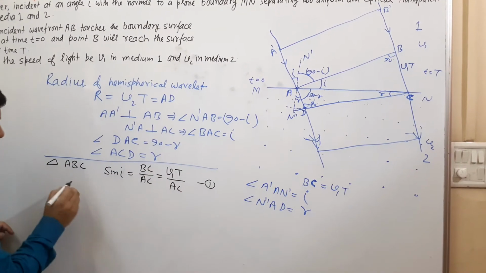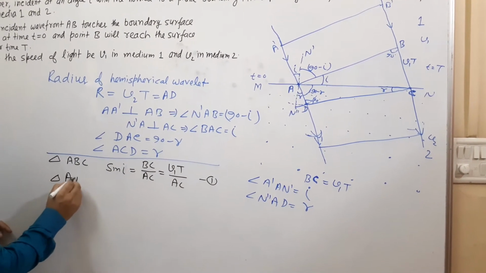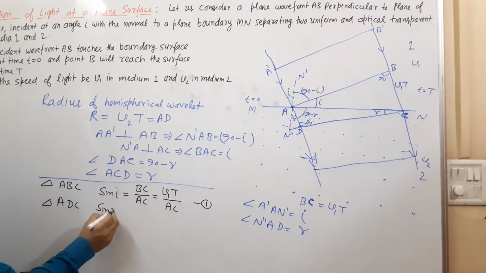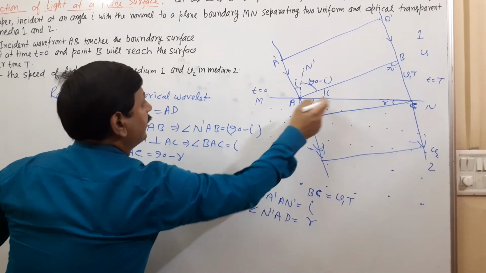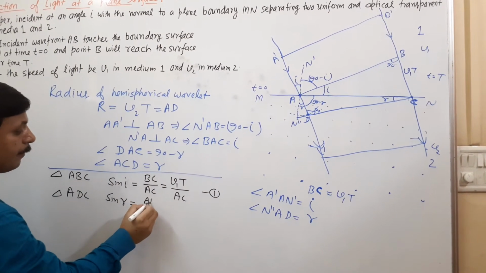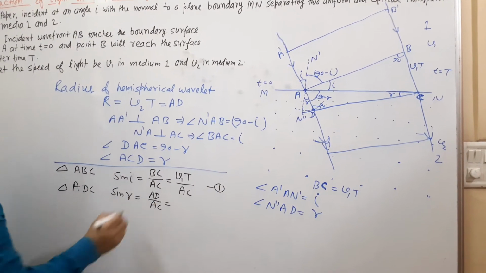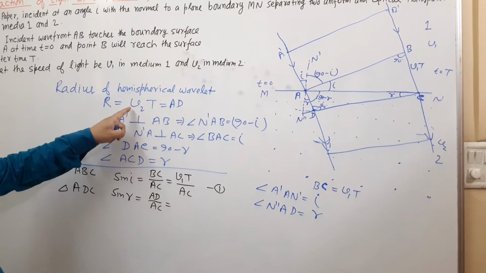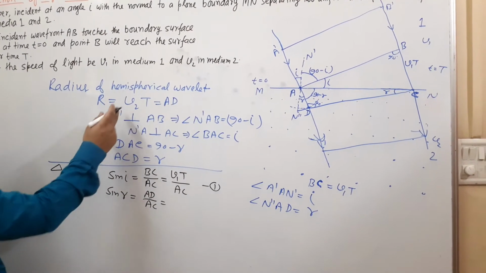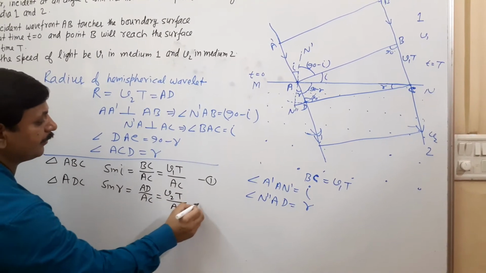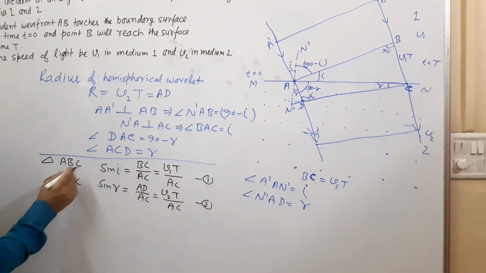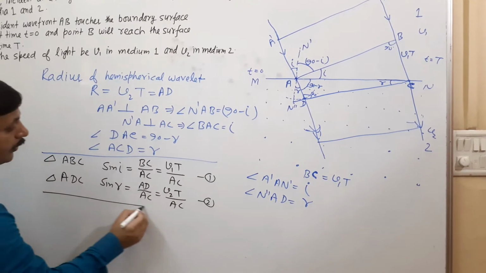In the downward triangle, triangle ADC, I have taken sin R. What is sin R? Sin R is equal to what? Here you will see perpendicular AD upon AC, and AD length is the radius of the hemispherical wavelet. So that is V2T upon AC. So from 1 and 2, what you will see,